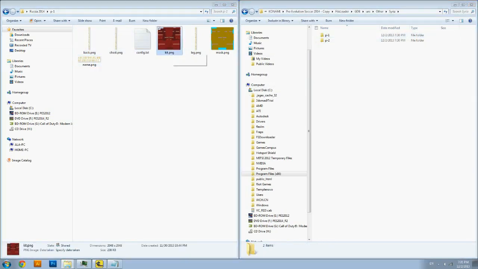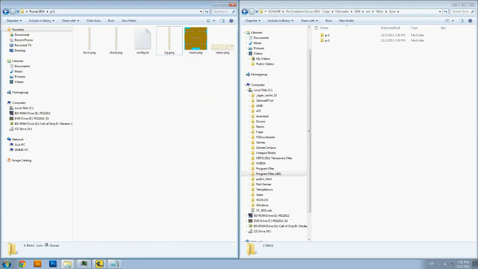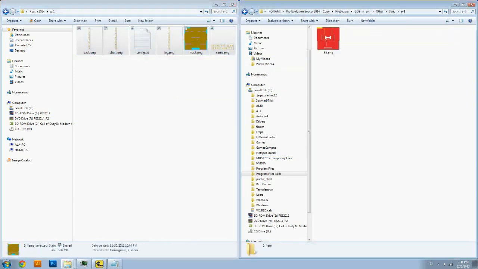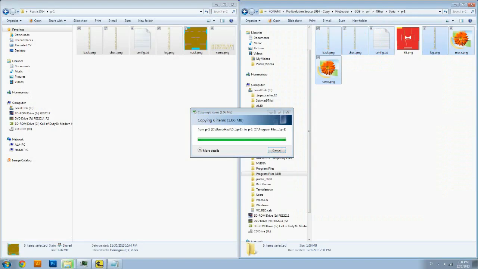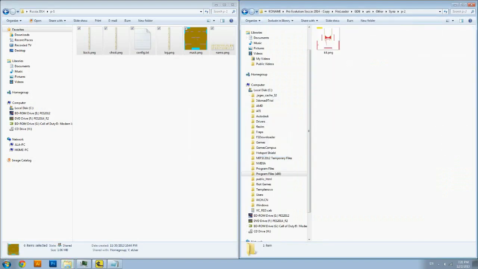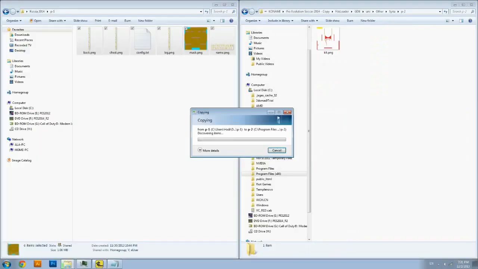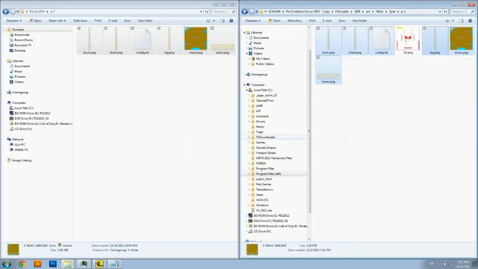So what I'm just going to do is delete the Russia kit because we really don't need that, and just take everything else in here, copy it, and we're just going to paste it into both of these. After we do this, then we're going to go into P2 and do the exact same thing. Okay, now that that's done,